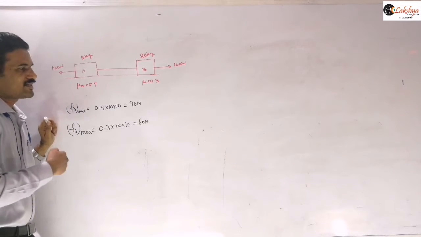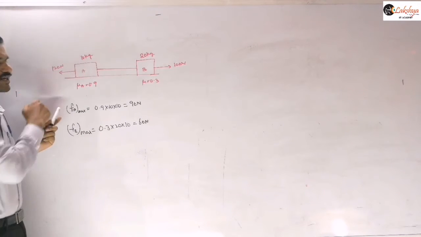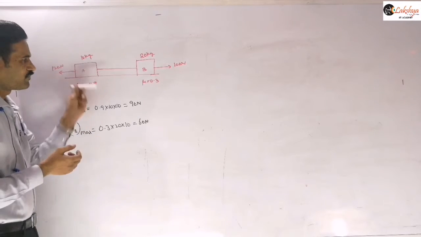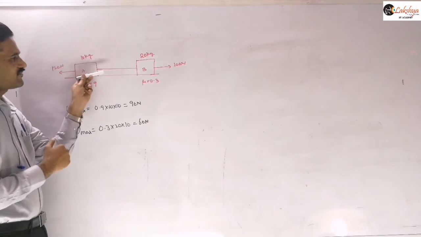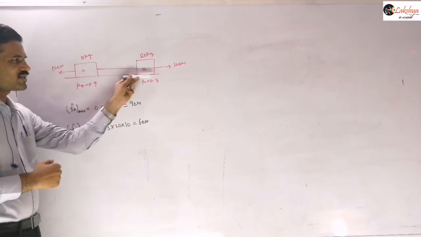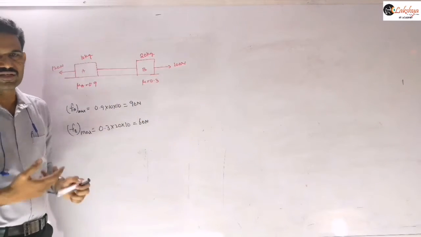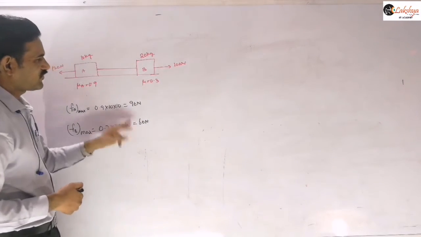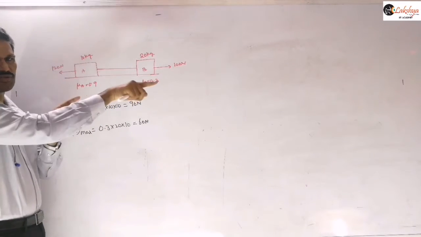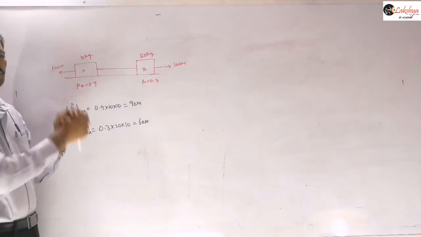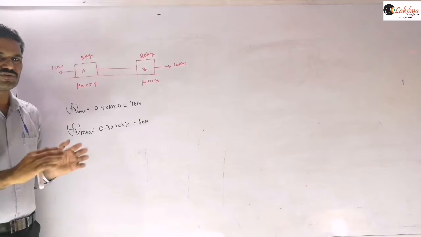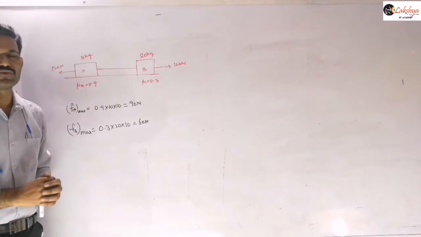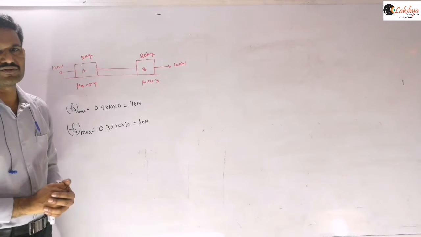If you want to accelerate the system, for example, if the system is ready to move towards the left, here the frictional force will act backward, and here also the limiting friction should act in the backward direction if both blocks are ready to move towards left. And so 150 newtons is acting along this direction, so this side force should also be greater than or equal to 150 newtons. Then only the motion of the system is possible. But here the net force is only 20 newtons. So acceleration of the system is not possible here.